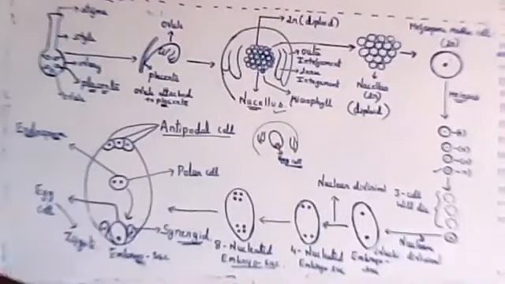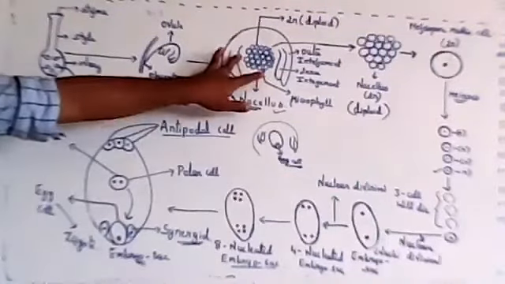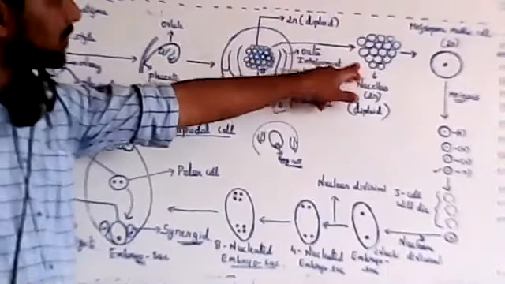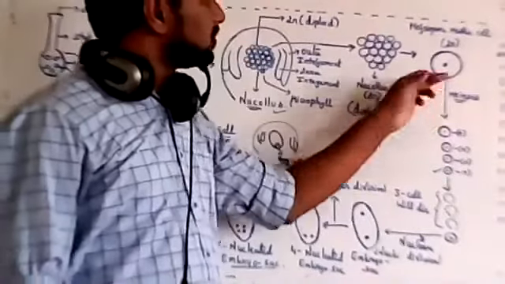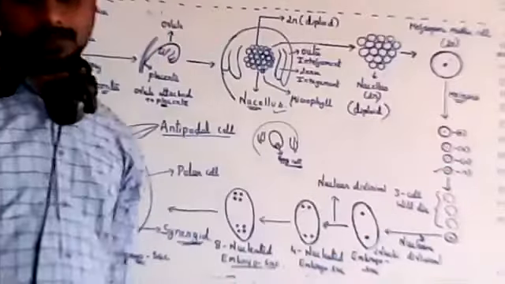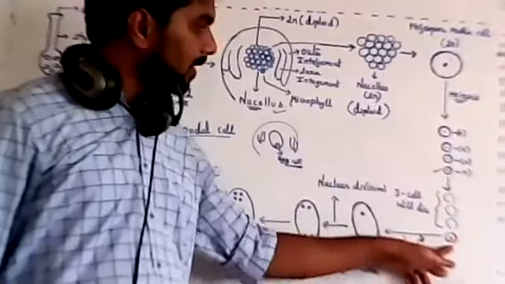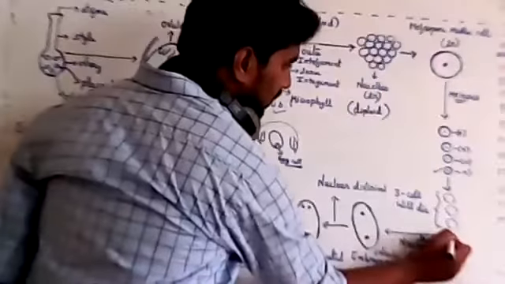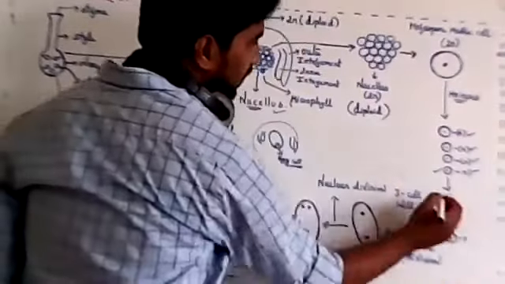I have just represented it outside, because I can't show you everything inside. In the group of cells, the nucellus, one cell will enlarge. After that, meiosis will take place, one round of meiosis. After meiosis, 3 cells will die and only one will survive. All 4 cells are haploid, and only one haploid cell will remain.